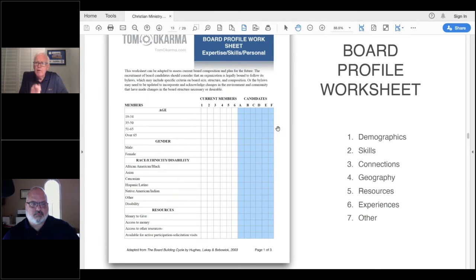And you check a box for where they're at, and then you take a look at your candidates and you see if certain competencies are going to be stepping off the board and you don't have that filled. One board I'm with, the chair of the finance committee is stepping down next year, 2021. Well, in fairly short order, we need to identify a financial person to step in to take that position.